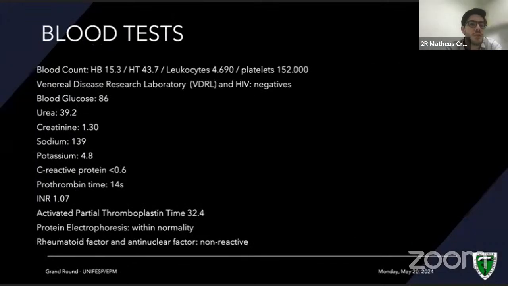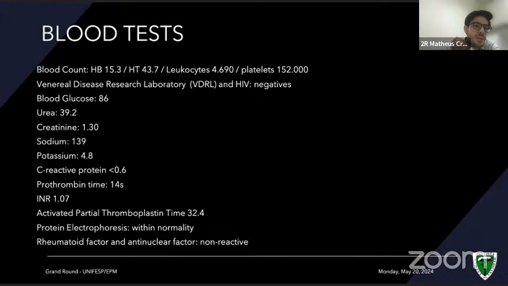Okay. So we performed some blood test examinations for the patient. We performed blood counting. It was normal, normal hematocrit, normal hemoglobin, normal leukocytes, and normal platelets. It was negative for serologies such as VDRL and HIV. Blood glucose was normal either. Urea and creatinine were a little bit